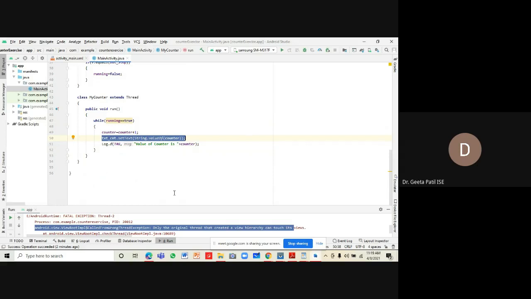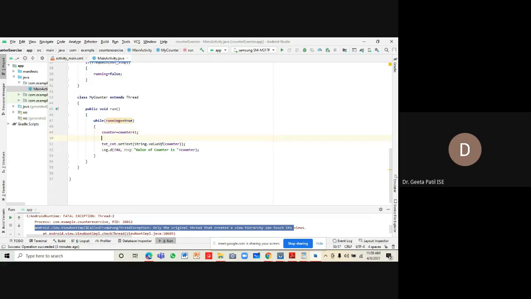So now, how are we incrementing the counter? We want a separate thread to increment the counter value, and we want to send this counter value to our main UI thread. Now, how do we do it? That is where our second parameter comes into the picture, which is a handler. Handler is used for communication, for message transfer occurring between multiple threads. A child thread can send a message to the parent thread by using this handler.